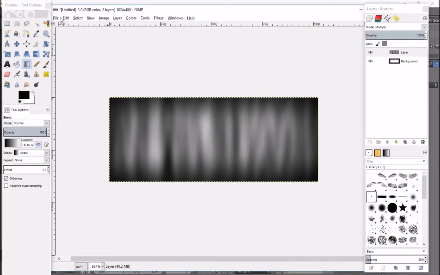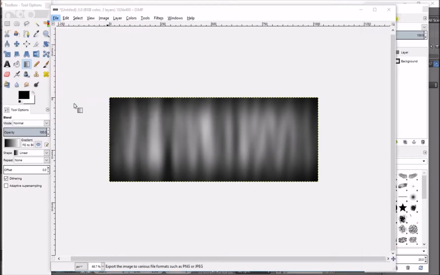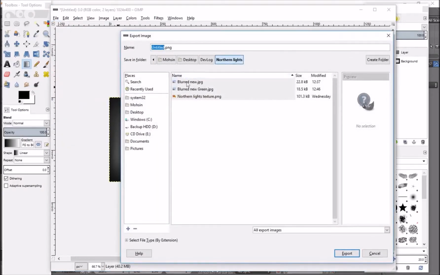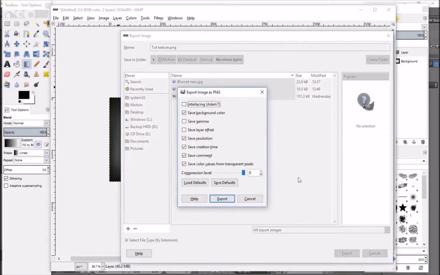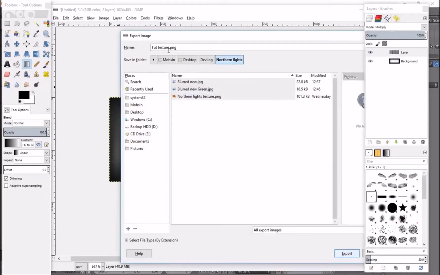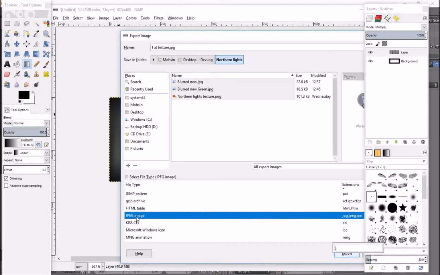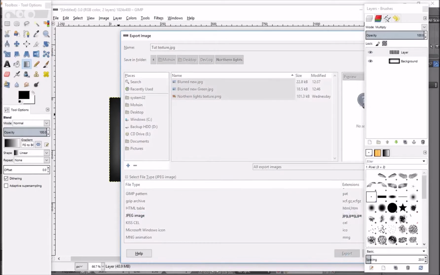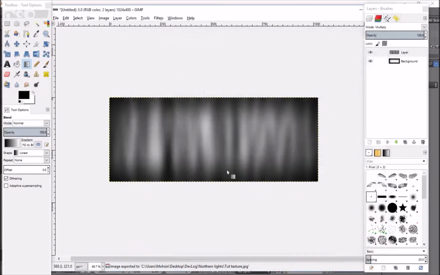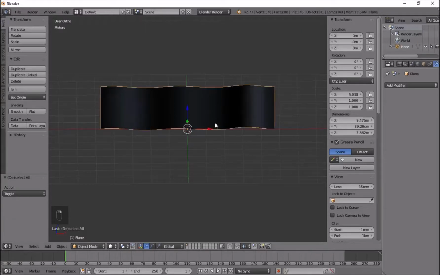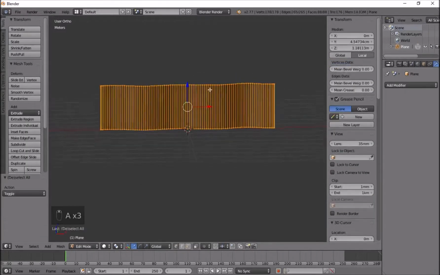So now once we have this texture, I'm going to go to File, Export As. I've obviously been working with different textures, so I'm just going to save in the same folder, but I'll call this tutorial texture, and that's it. And then export. This image doesn't need to be a PNG because we don't have a transparent background, so to save us some space, we'll just change this to JPEG, and then export. Now back inside Blender, we'll come back here, we'll press tab on this, select all of it, and